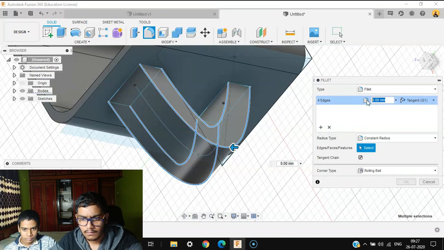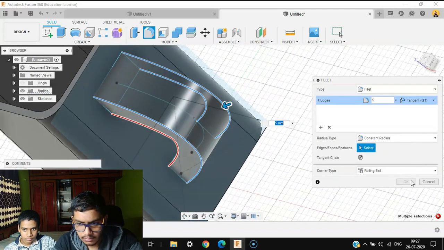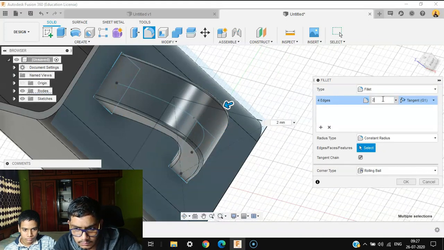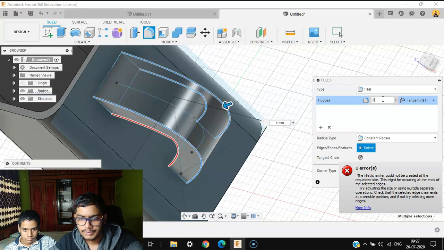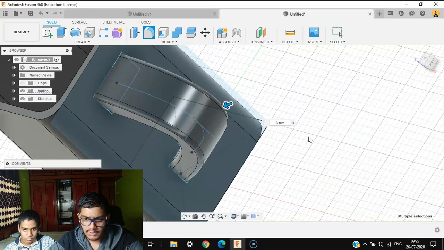Five. One. Two. Does not look good. So we're done with the cup.